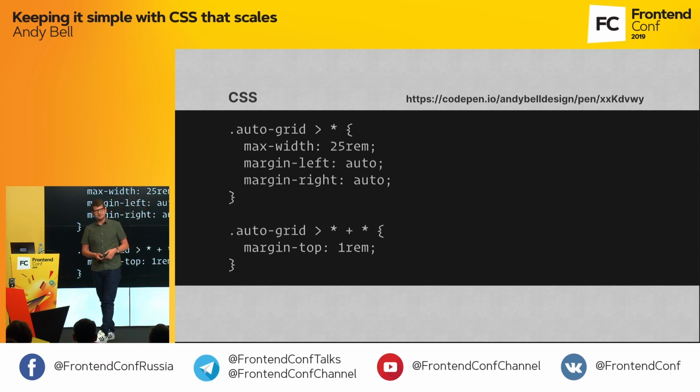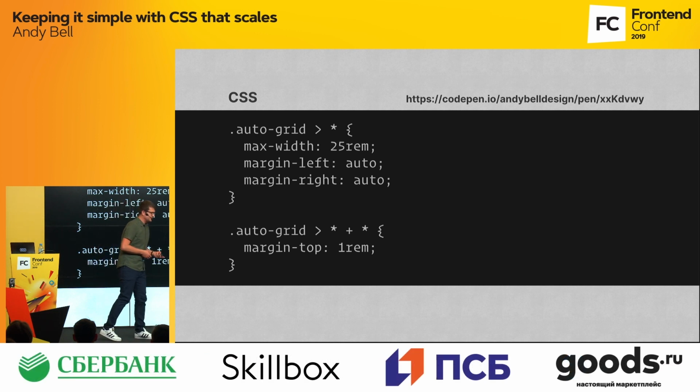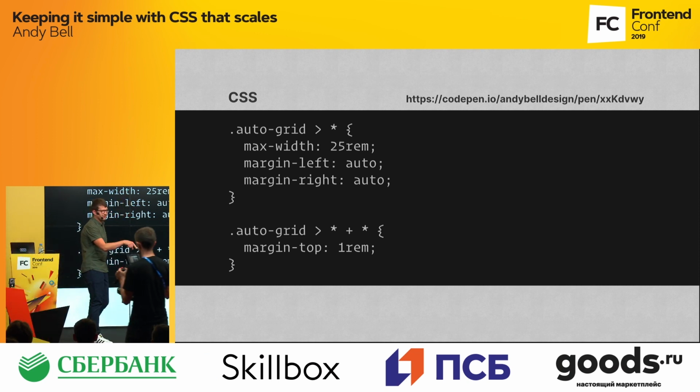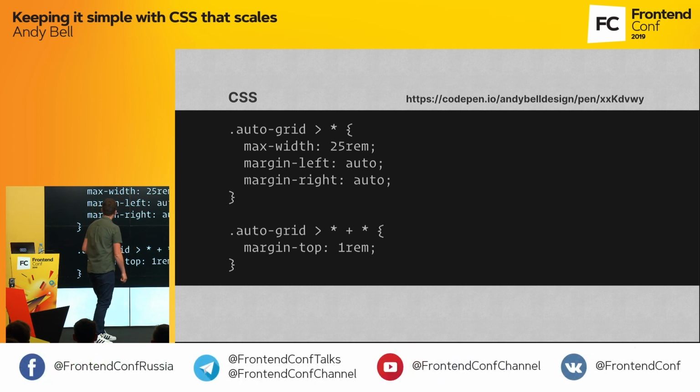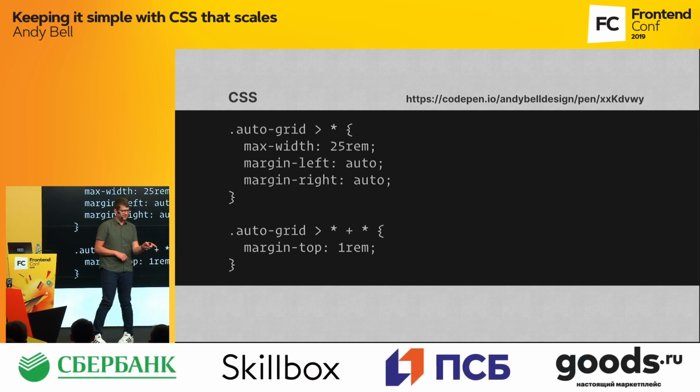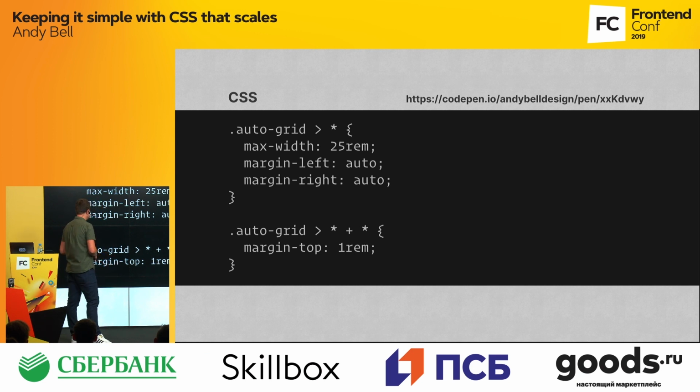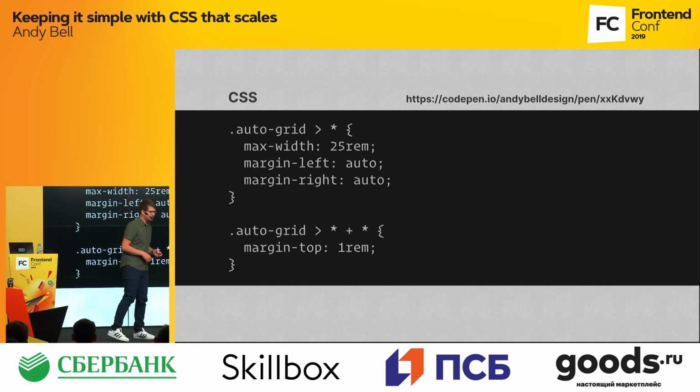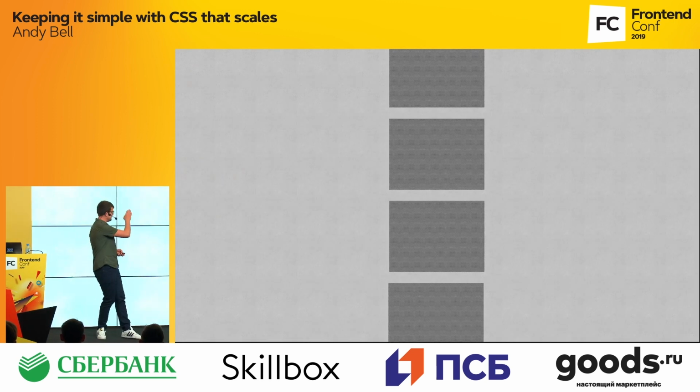But like I said, we need to implement our sensible minimum viable experience as well. So after that code, because remember, the way that CSS works in its forgiving nature, if a browser doesn't understand that grid code, it'll just ignore it and then carry on working. So then it'll hit this code here. I just realized I pointed at this monitor, and obviously you can't see it, so I'll point at that one instead. So it's max-width 25rem, so I'm saying that's my sensible max width. And then I'm saying add margin-left and margin-right auto, so that'll place them into the center. And then, with my favorite lobotomized owl selector again, I add margin-top of 1rem. And that gives us that sibling space between all the elements for us.